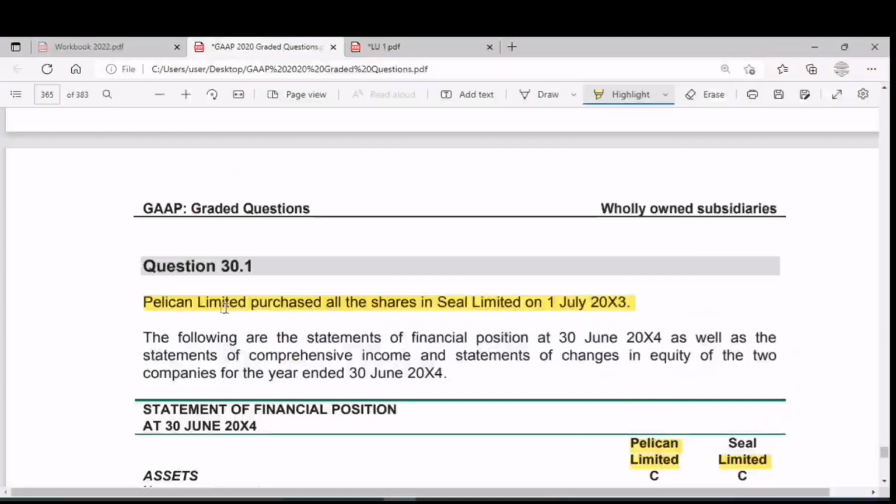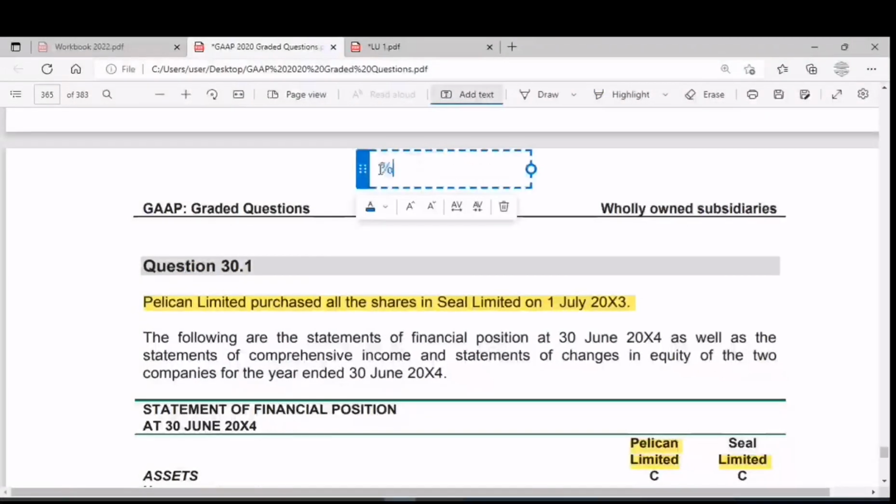Now if Pelican purchased ama shares, so usho ukuthi uyi-acquirer, uyi-investor, use parent, u-owner ingxenye ethile ka Seal Limited, kumele sazi ukuthi i-ownership percentage yabo ithi ba-owner how much of Seal Limited. So kuna le formula ke siyisebenzise ucalculator the percentage ownership. Percentage ownership. So must calculate percentage ownership sifike sithini shares acquired